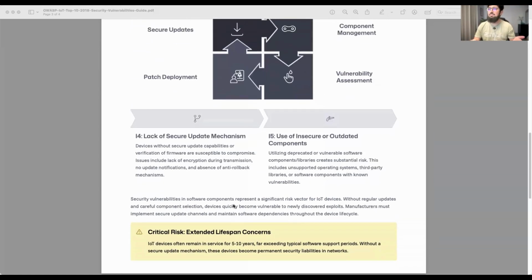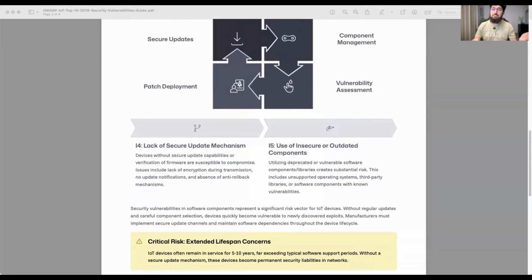Let's talk about lack of secure update mechanism. The impact of this vulnerability is particularly severe because it prevents remediation of other security issues discovered after device deployment. Without a secure way to update devices in the field, vulnerabilities may remain exploitable for the entire device lifecycle, which